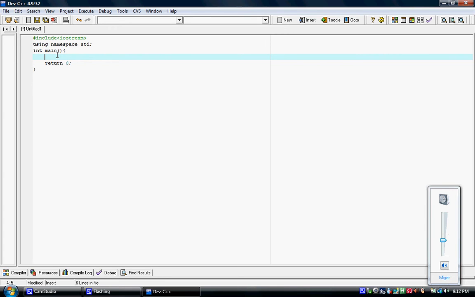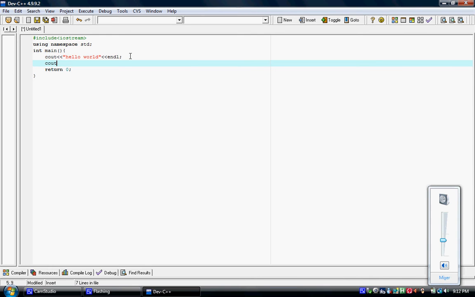Now, I'm going to be starting out by making the program display hello world. And there we go. Now, what this does, cout less than less than hello world, in quotes, less than less than endl, semicolon, it displays hello world, and then it ends the line, which means it basically indents like that, so it skips to the next line. If you don't put that, it'll just jam everything onto one line, and that's not always very good, because sometimes